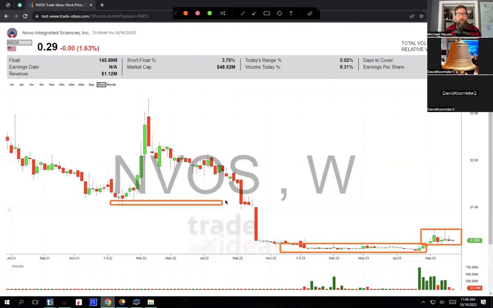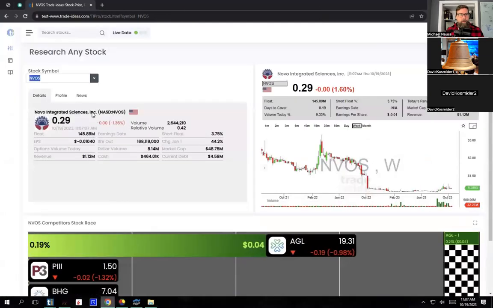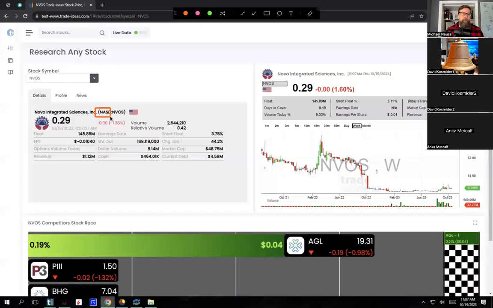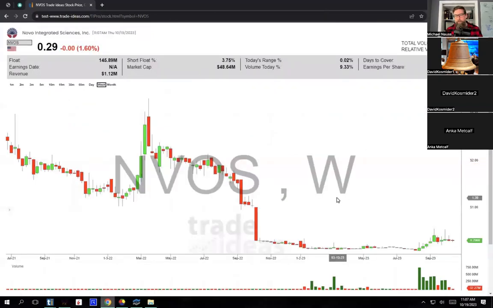And heck, if it gets to the breakdown point, which I would classify as about $1 right here, then that would be a pretty good move from here. So I'm looking at that. And then also the dollar is very significant. You can see here, and again, all this is at Trade Ideas. Yeah, so this is a NASDAQ stock, right? And we have the name of the company and then the NASDAQ name. And to be listed on the NASDAQ, you have to have your value over $1. That's part of the rules.